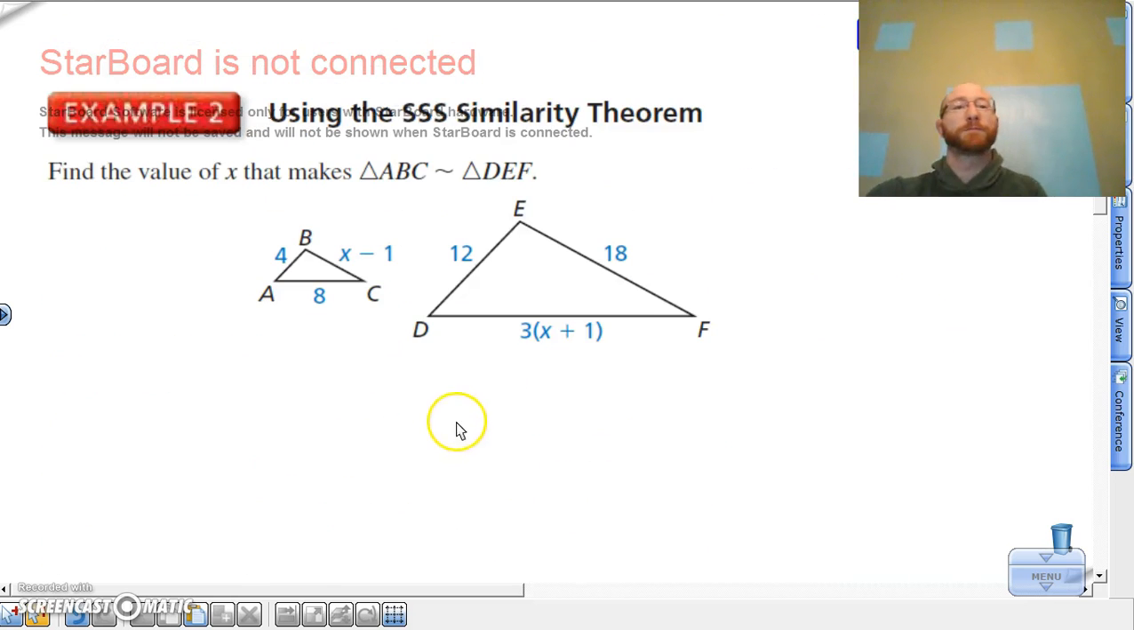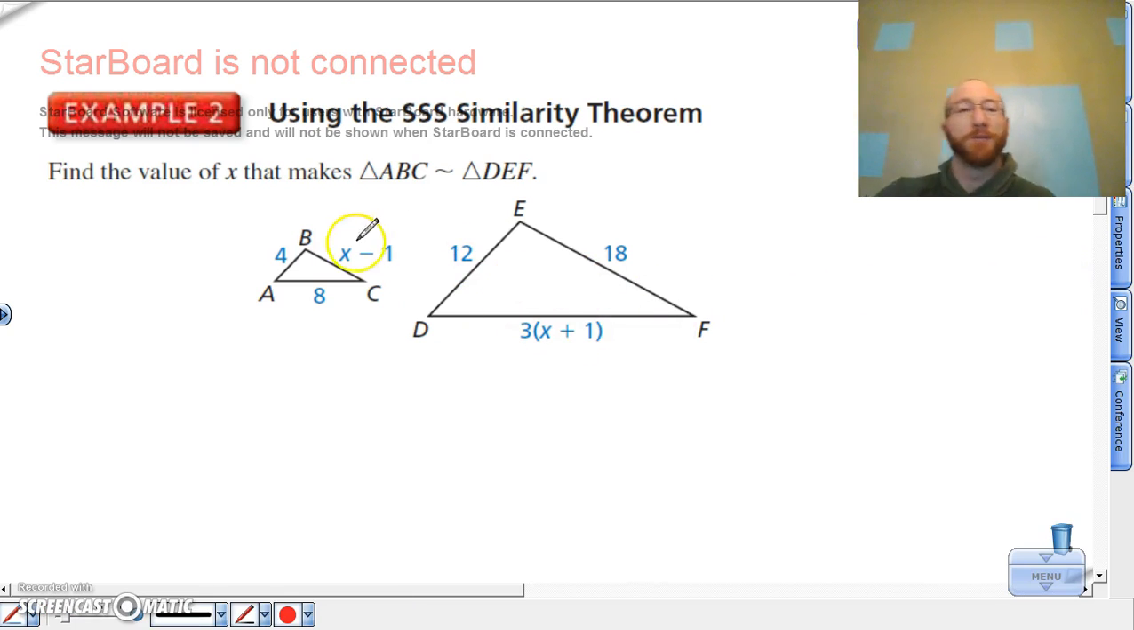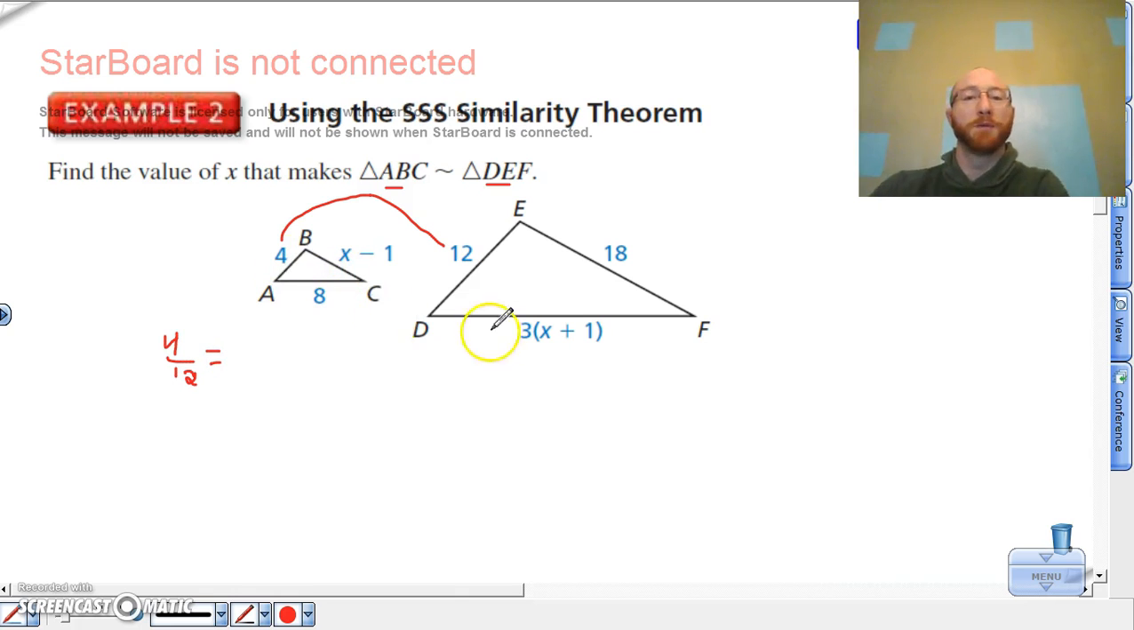Alright, let's put it into use. So we want to find the value of x that makes this true. So we have ABC to DEF. Whenever I do a proportion like this, I'm always looking to find sides that match up without variables. And I see that AB and DE match up. So I can say 4 over 12. And now I can solve for x. I can set up either one of these to see if it works. I'm going to do x minus 1